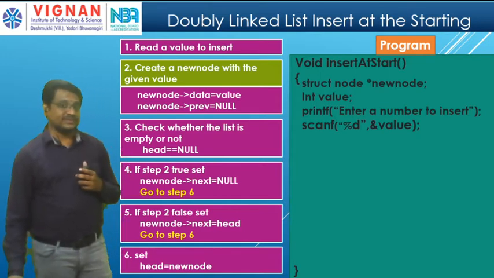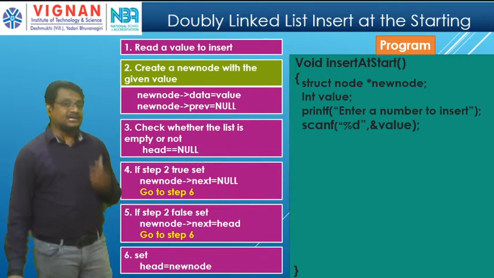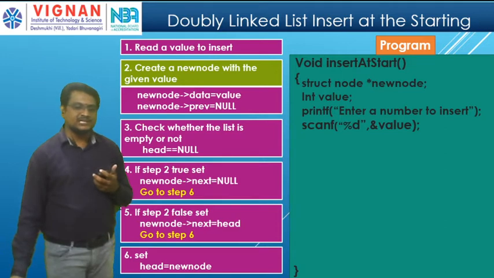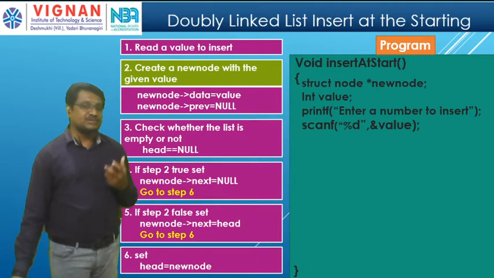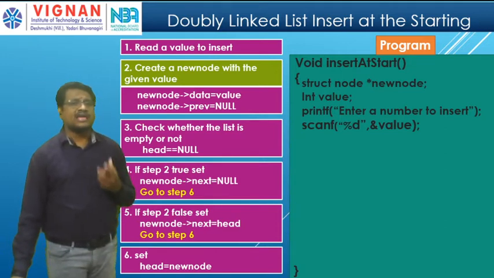So first, for creating a node. Now what is node? It is a double linked list node. First process for creating a node, I need to reserve a space. Am I right? I need to reserve a space. How to reserve a space? I reserve the space by using the malloc. What is malloc? Malloc is memory allocation.